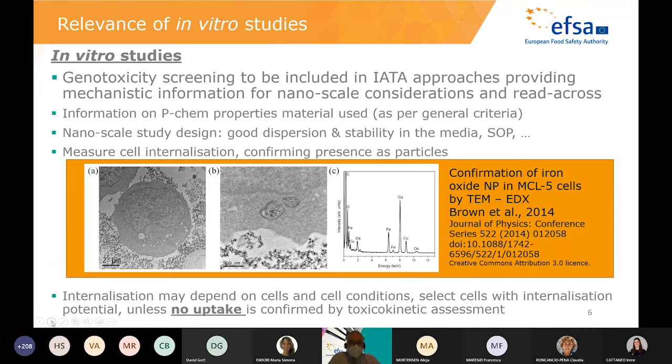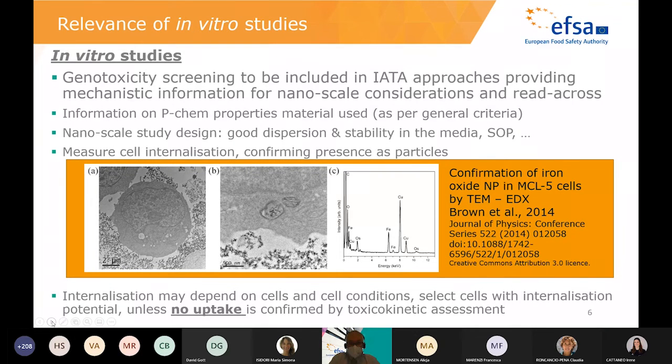And one of the elements that I will reinforce again is the need for consistency. There are several methods that are offered through OECD. Each method offers the use of different cell lines and also different conditions. But obviously, one of the key elements is not only to measure, but also to find the internalization of the particles. So if the first method that you observe in the system does not demonstrate that, for that particular cell and those particular conditions, the particles have been taken up by the cells,